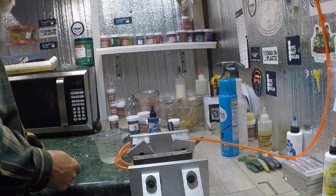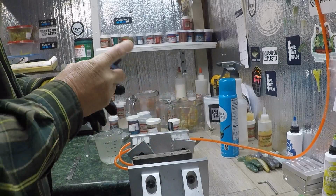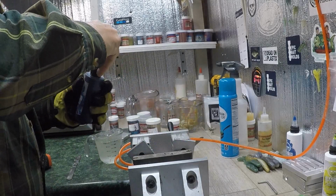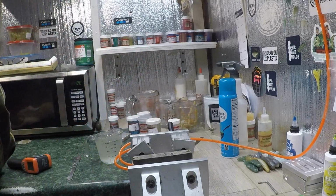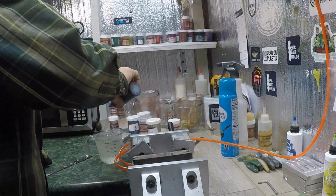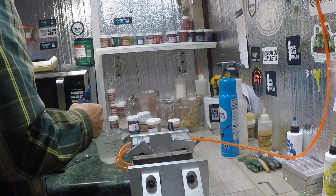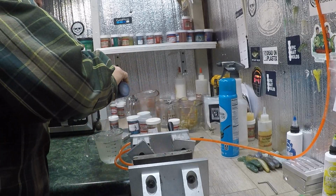Okay, guys, I got her cooked up. We're going to make it now. I've been shaking this around. This blue gets shook around a lot, because I use blue a lot. I've been using it the last couple of days. Now, this calls for a drop and a half, or it's 3 drops a cup. I'm doing 2 cups. This is a half cup. What I'm going to do is I'm going to put 1 drop